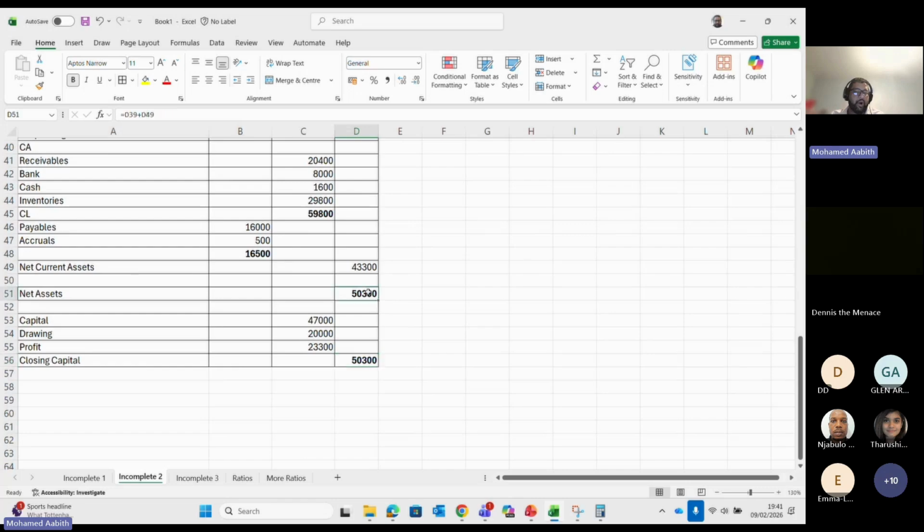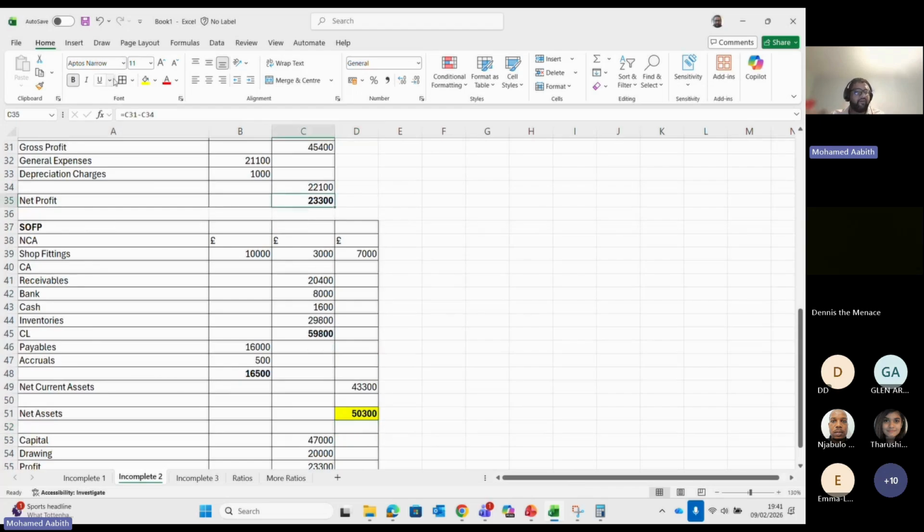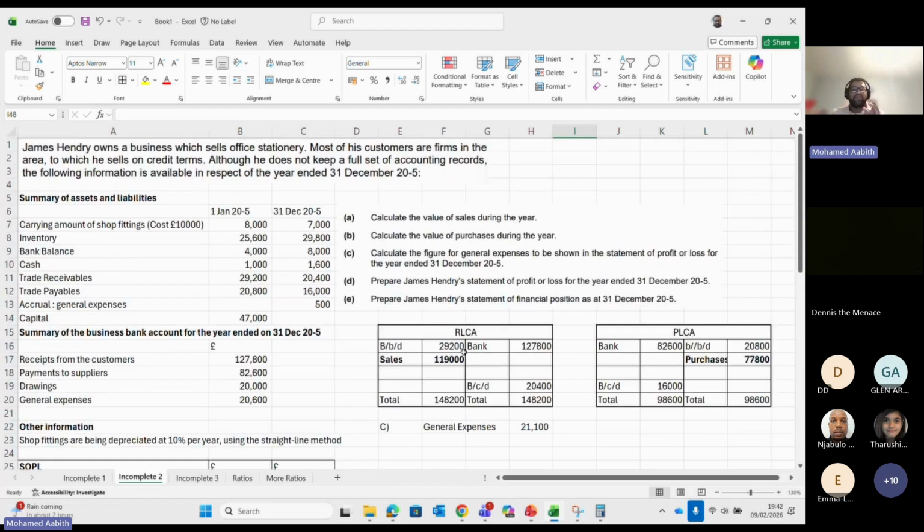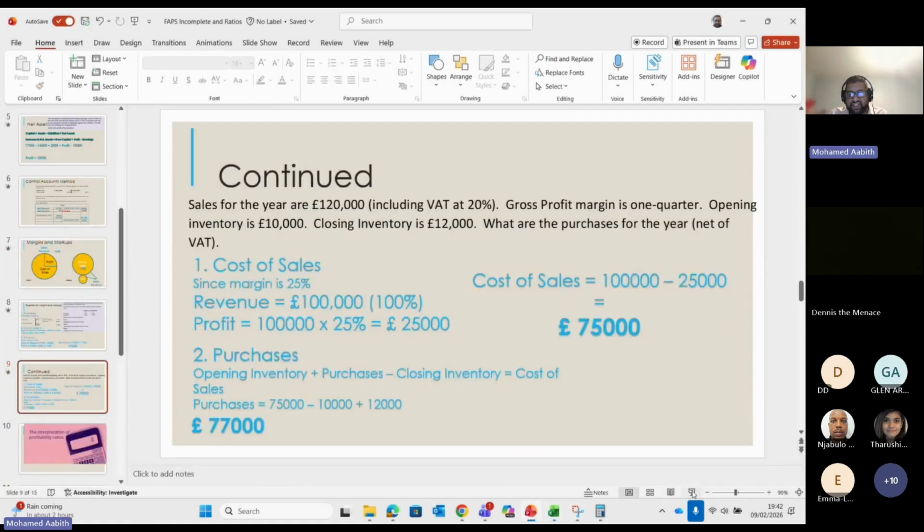Therefore, you'll be able to obtain these two important numbers which you need at the end of the statement of financial position. That is a really good example of how this process of incomplete data will be helpful for you. So let me finish this off with some of the margin ratios before we move on,